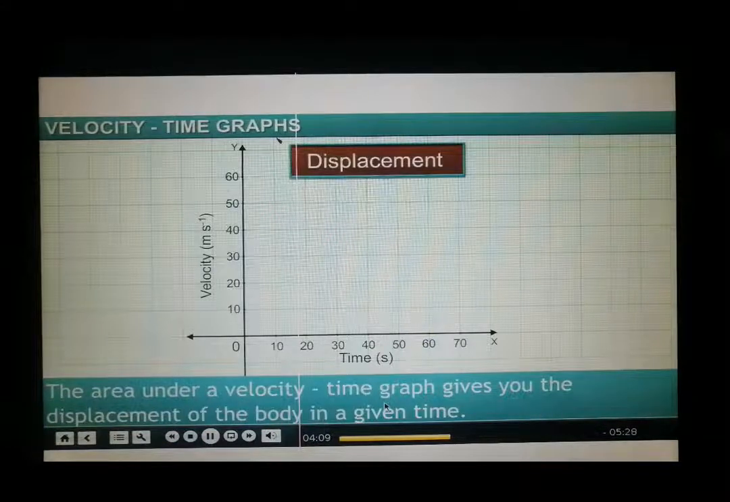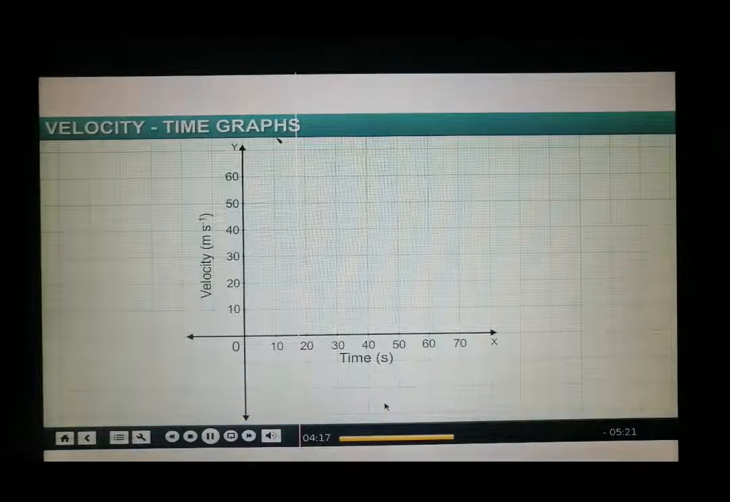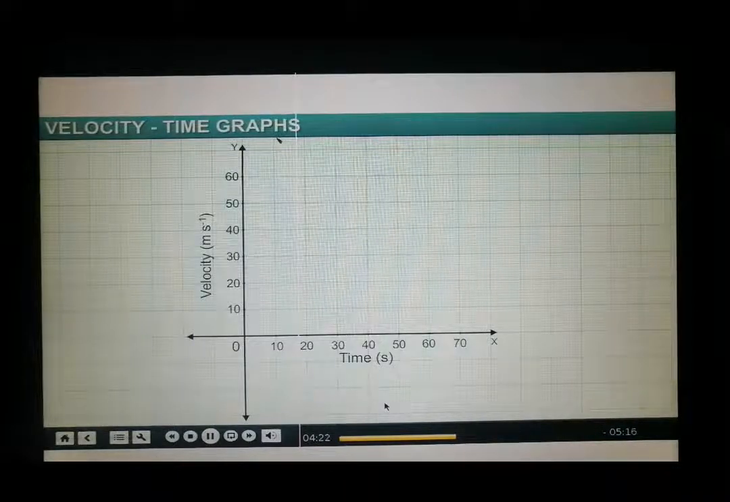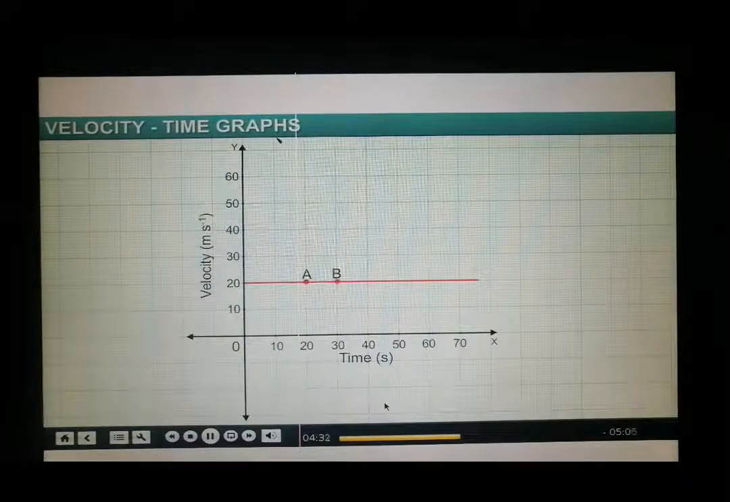The area under a velocity time graph gives you the displacement of the body in a given time. Consider the velocity time graph of a car moving with uniform velocity, say 20 meters per second. To determine the displacement of the car between points A and B, which represent the position of the car at durations 20 seconds and 30 seconds respectively, draw perpendicular lines from A and B to intersect the x-axis at points C and D